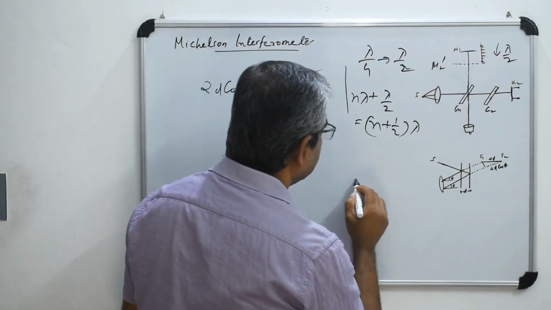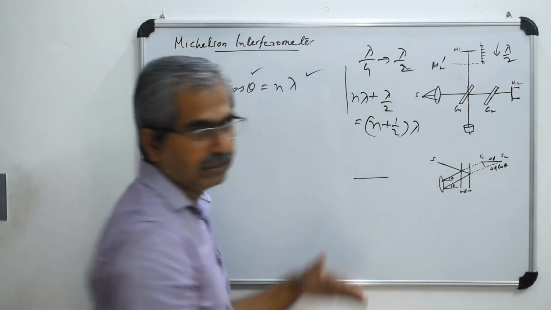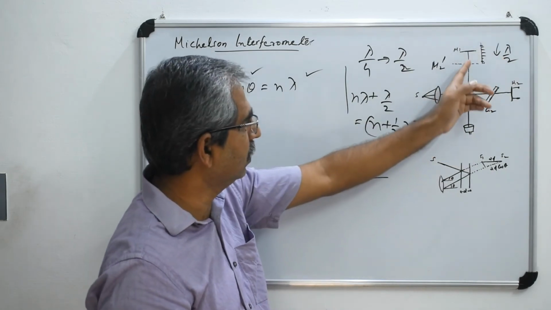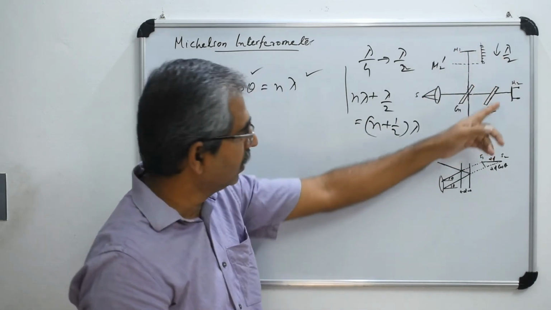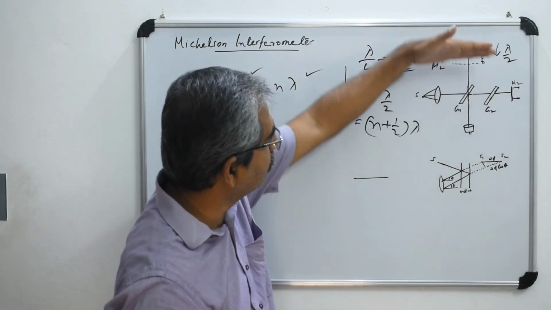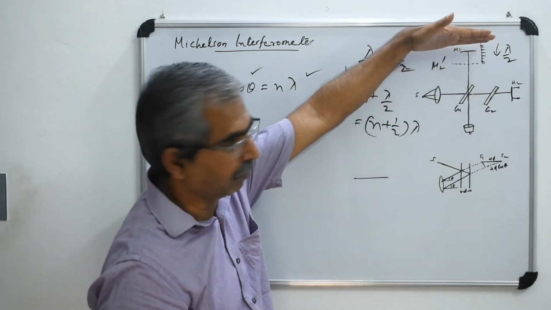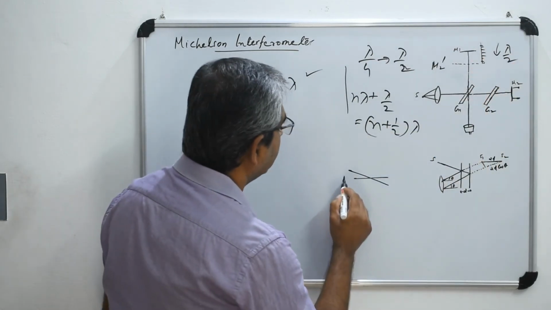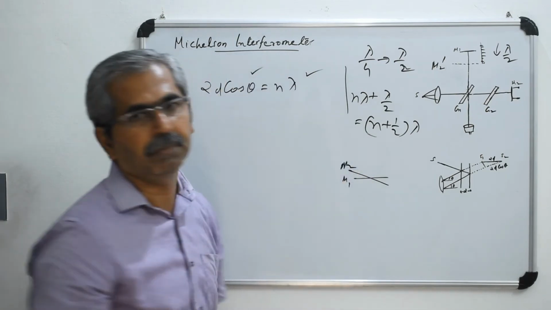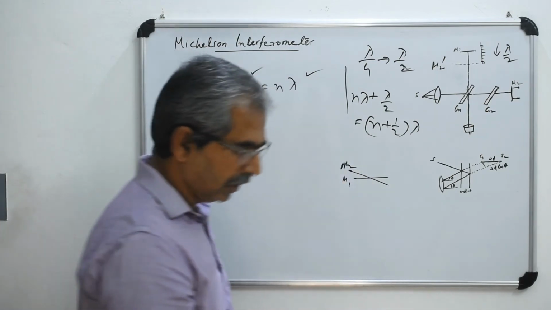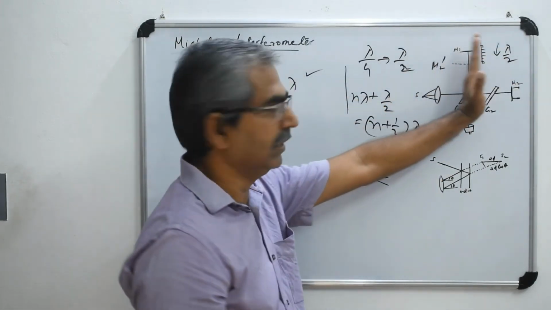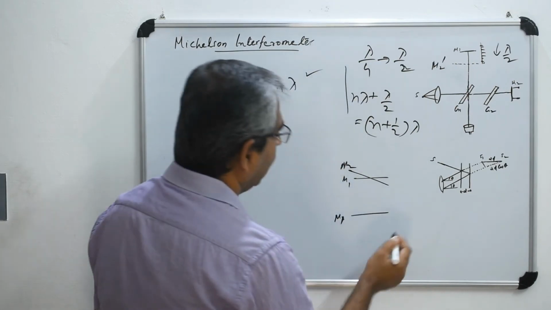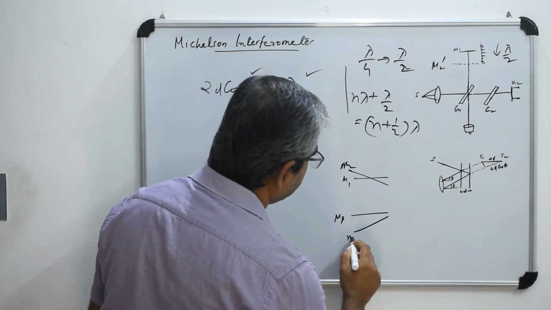So, see, I am drawing it here. You have M1 there, and M2 is now tilted. And suppose x1 is equal to x2. That means these distances are the same. So that means you will see the image of M2 at the same position as that of M1, and it is now tilted. What you will observe will be like this. This is M1, and you will see the tilted image of M2. Or you can say, suppose if these two are not exactly at the same distance, then you will see M1 here, and you have a tilted image of M2.